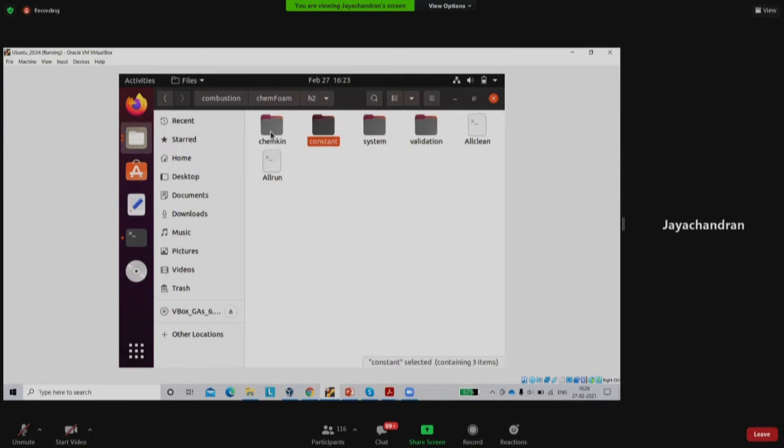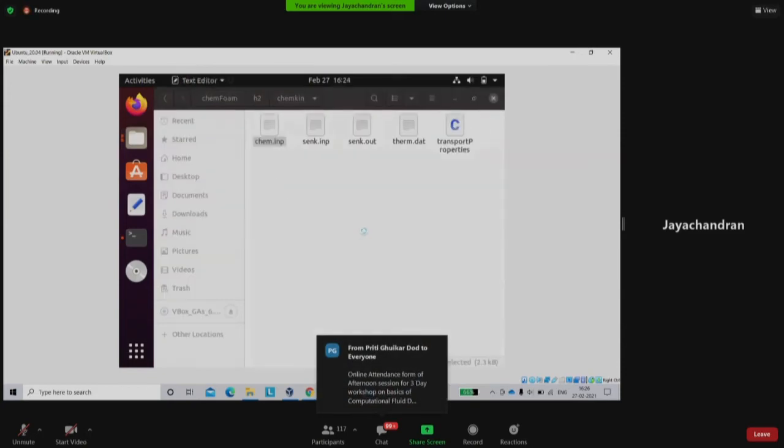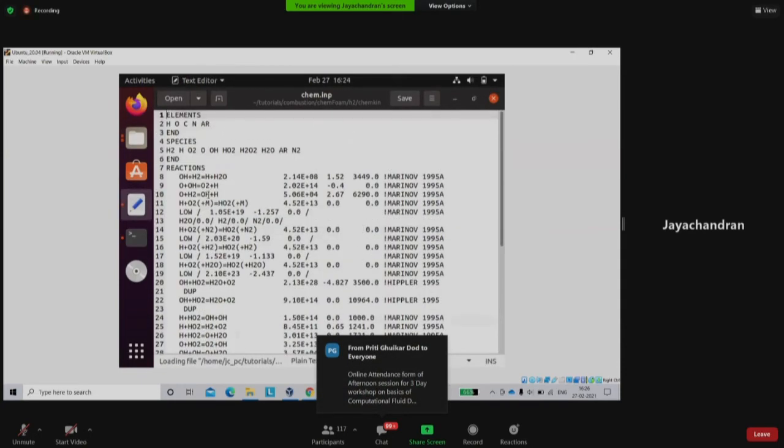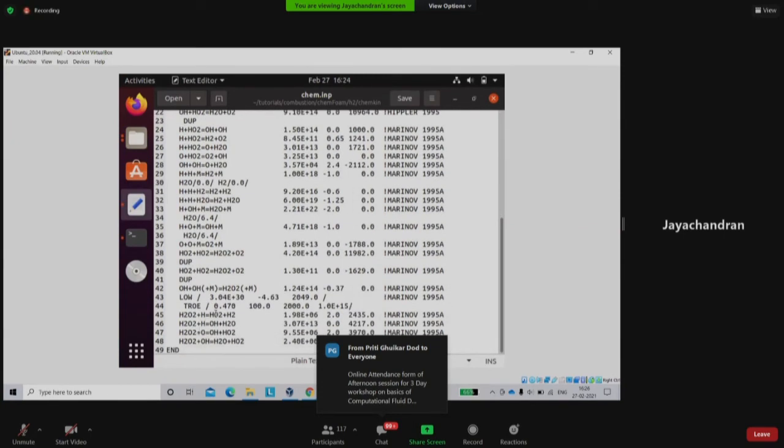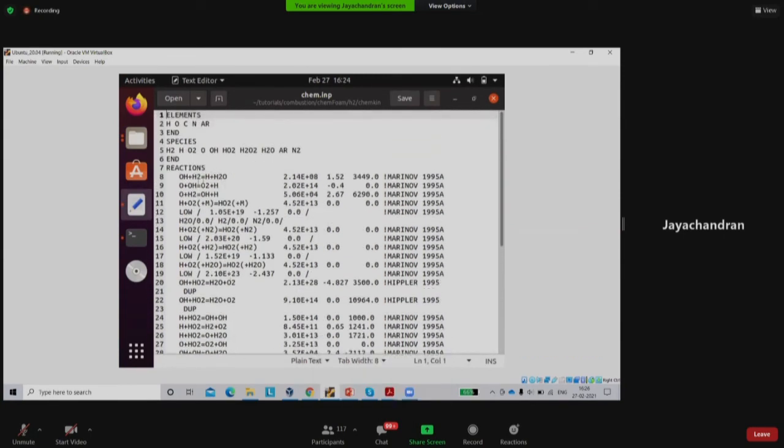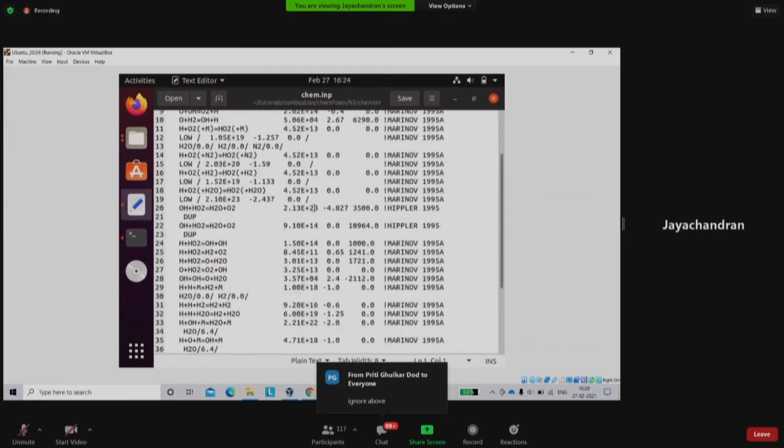We can import the chemical reactions from that solver, because in most of our cases, chemical reaction will not be our main focus; in the fluid domain we have to model heat transfer, everything. So you just want the reactions. This folder is actually Chemkin. You can import it from the Chemkin software, and these are the reactions. You can see there are around 45 reactions, and for each reaction the A, beta, and Ta have been defined in this file. So you can export this file from the Chemkin software, and you have defined the elements and species in this way. So this can be directly exported.